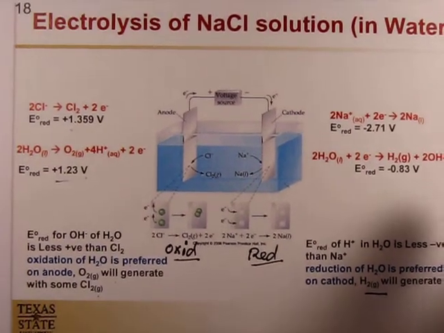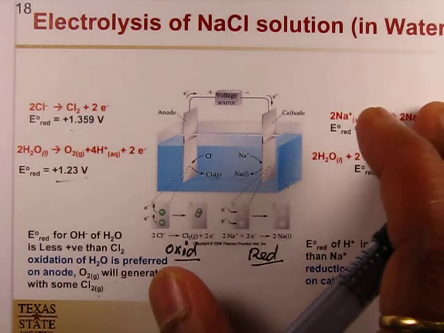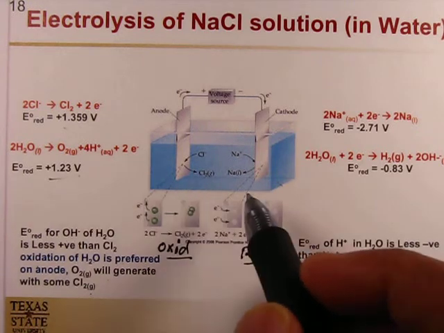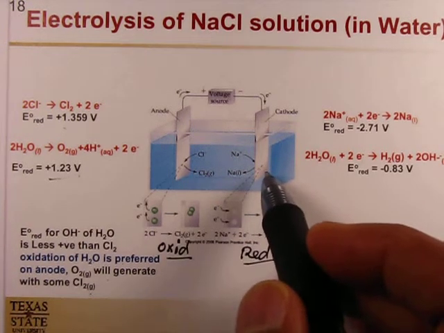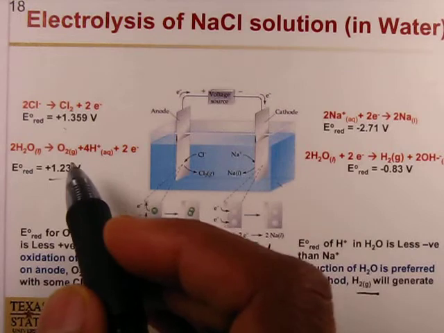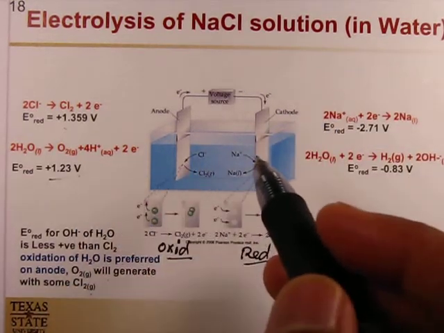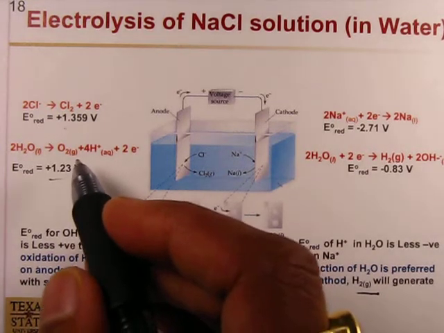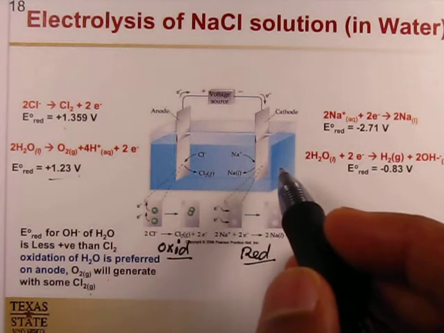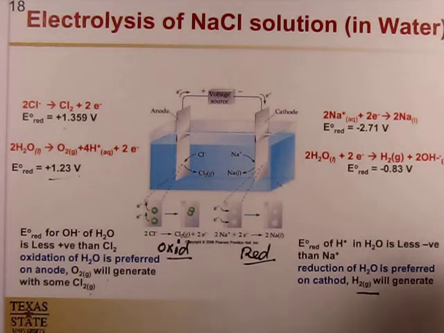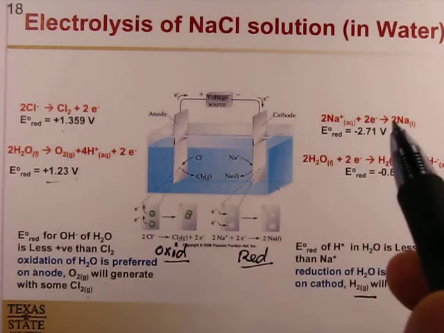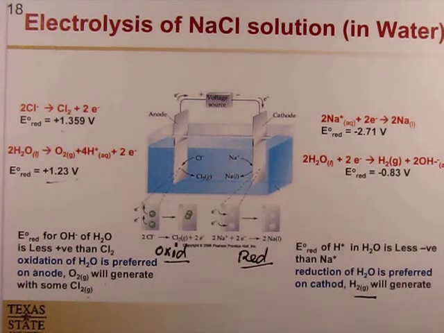So if we dissolve sodium chloride in water, we will not get pure chlorine gas and sodium metal. Basically water will oxidize and reduce at the electrodes, and we will get only oxygen and hydrogen gas. Therefore, the electrolysis of sodium chloride is possible only in the molten state, pure, without any water.